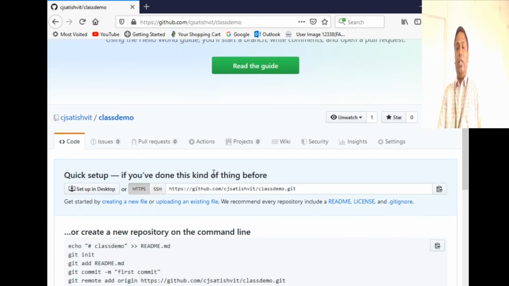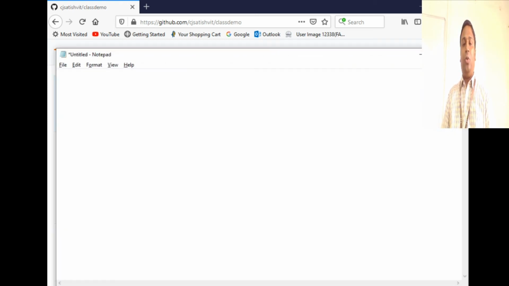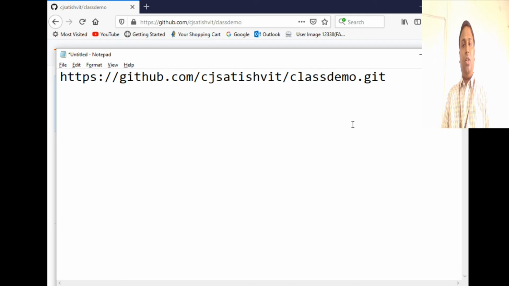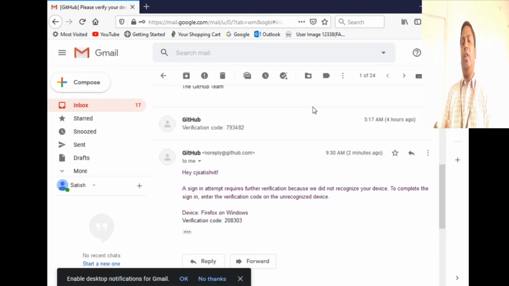So your repository gets created, and this URL, this is what I'm going to share with you. You're going to connect to this repository, right? So I'm going to just copy this URL. So my repository is done, it's created. Now the next thing is how you are going to work with code. You're going to work in Java code, Java JSP, right? So you're going to use Eclipse for your coding, and you'll be working using your laptops.